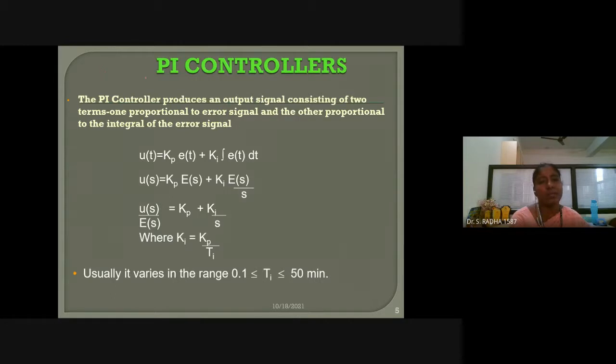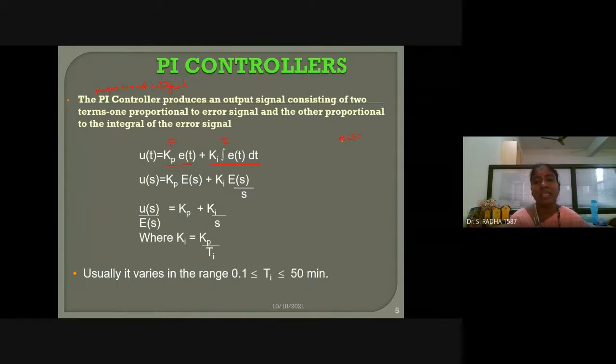Now PI controller, proportional integral controller. Now you can see a plus sign is there. First term is proportional, second term is integral. So here we are using P controller, and here we are using I controller, and we are multiplying the constants with E of t. Whenever I is there, integration will come. So for example, E of t is there.